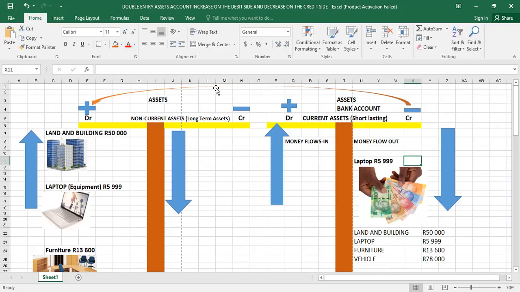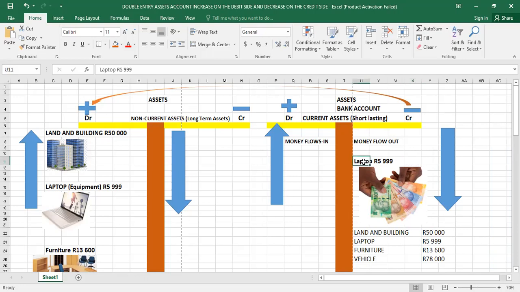Let us go and record the laptop within our business books. Indeed, when we debit our non-current assets on our left-hand side, the debit side, we are going to have a laptop within our business. Once we debit our non-current asset, it shows with an arrow that we have a laptop. More laptops are increasing within our business, on the debit side of our non-current asset. Yes, we have debited our laptop account within our books. Now we have received that laptop. But on our asset account, the money is flowing out, for why? Because we are buying a laptop.